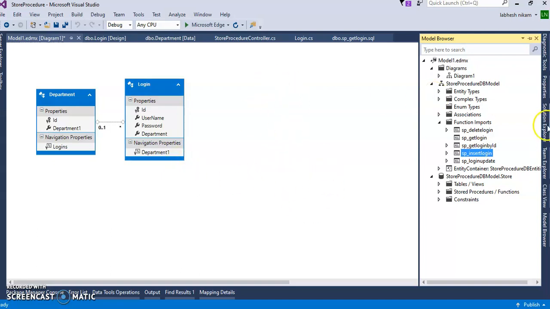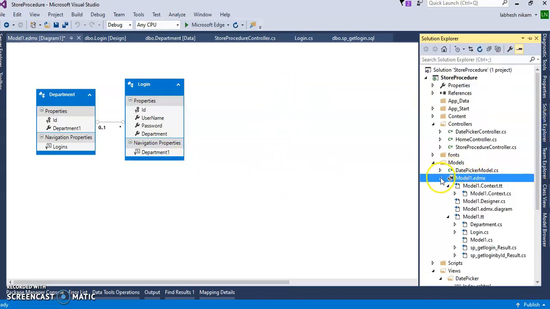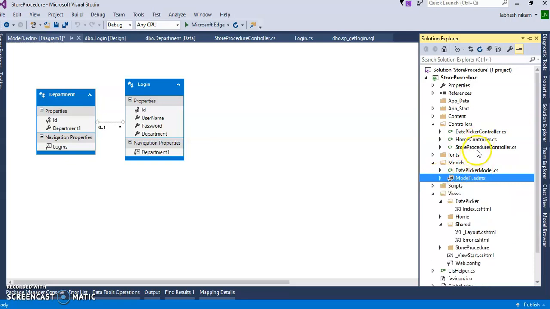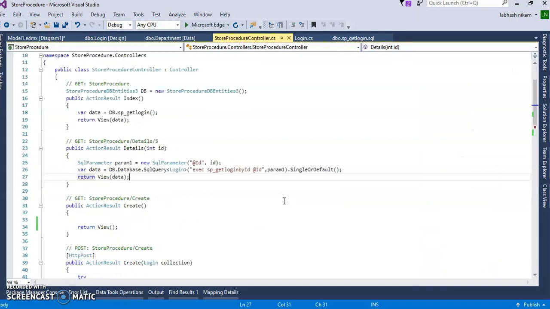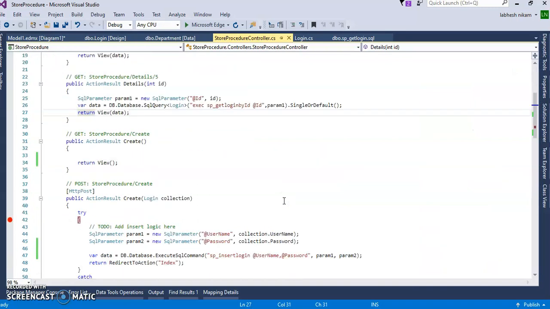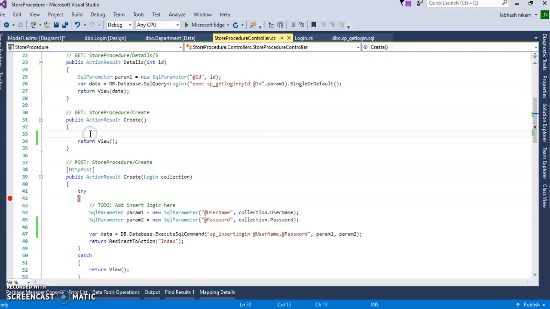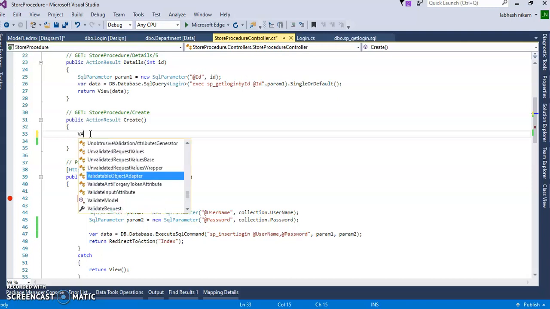Now we have to just add the form inside the view and the code on the controller side. So on the controller side I will add, in the create HttpGet method, I will call the data from the department table. For that, what I will do, I will create one